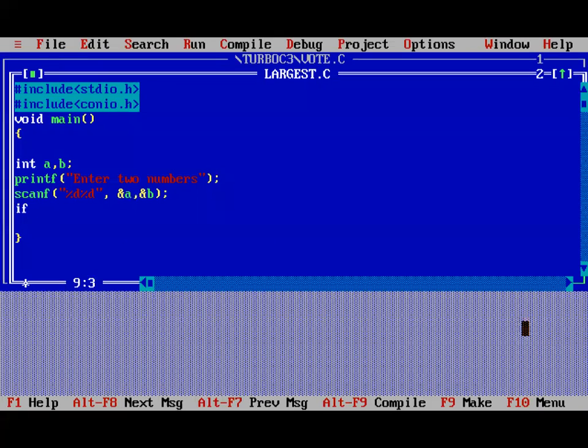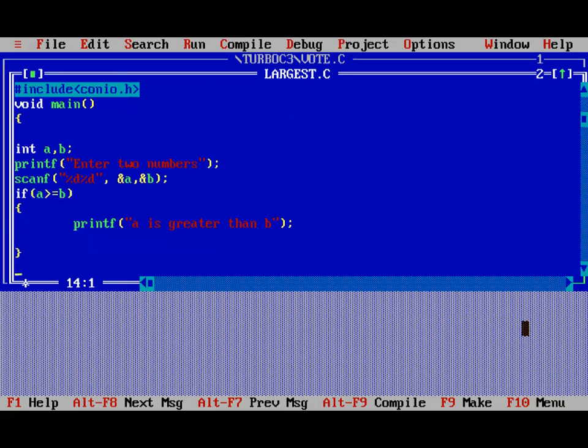Okay, after that we check using if statement if A is greater than or equal to B, then we say that A is greater. So here we print A is greater than B. Check the second condition.